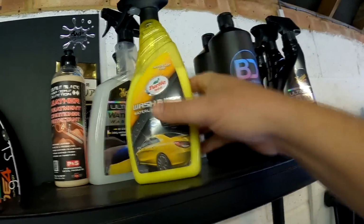Nothing majorly wrong with this. It's a hell of a lot cheaper than the Maguire's. The Maguire's one is ridiculously expensive, but I thought it was a slightly better product. Less streaking, less marks, especially on kind of bits of trim and stuff like that. But anyway,